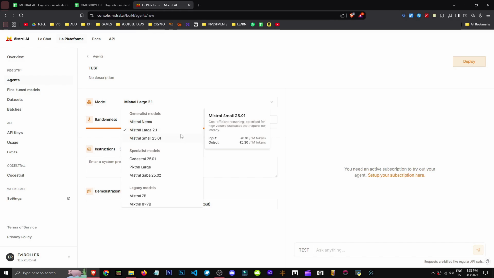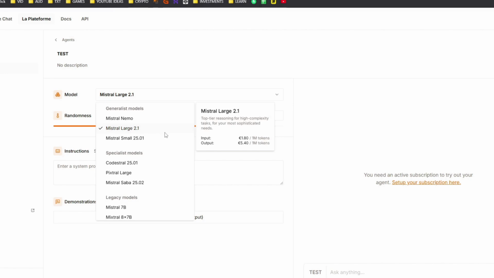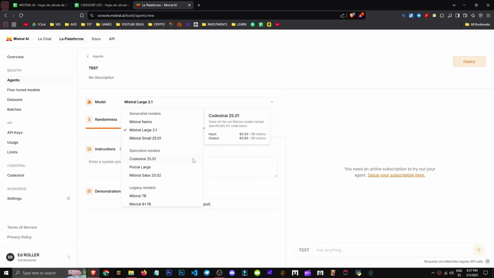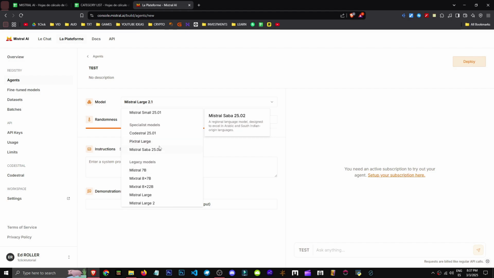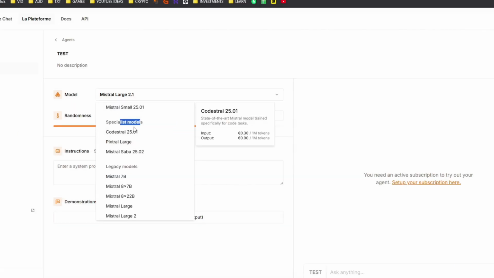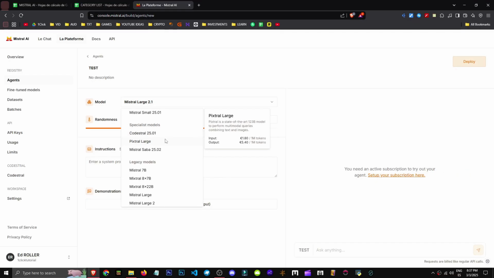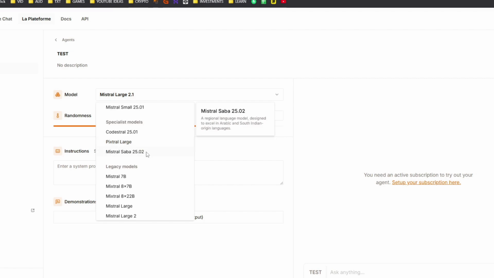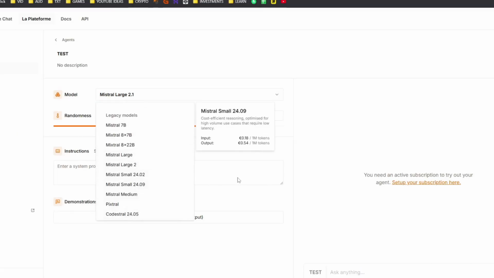So as you can see, they provide us with different models here, right? This one, for example, is developed with NVIDIA and costs 0.14 euros per million tokens. Got it? This one we see is priced at 540 euros per million tokens. It's top tier, high complexity reasoning for advanced tasks, you know, for more complex, sophisticated needs. We don't use Mistral. That's made for high volume cases, okay? It's meant for mass generation, and well, each model has its own description, right? As you can see, there are specialized models like Codestral for coding, this one for text and image, and Saba for Arabic language. Got it? We have various models now, but I can't spend too much time on this.